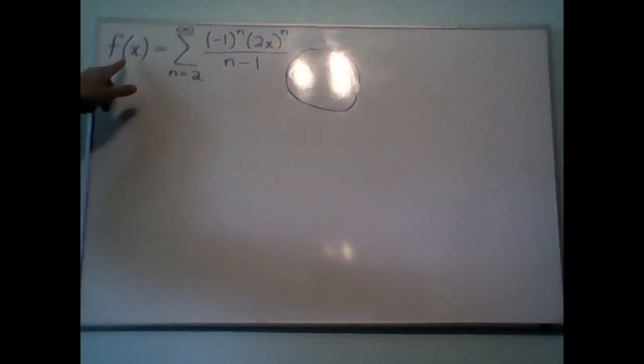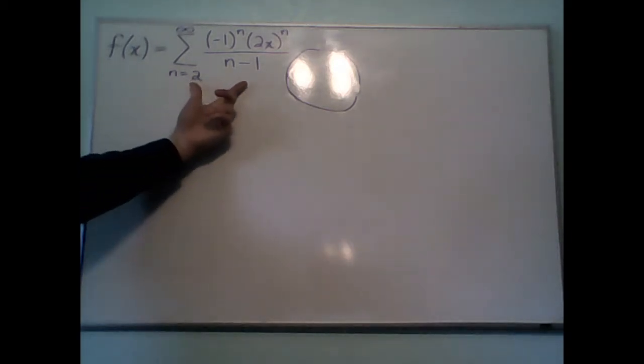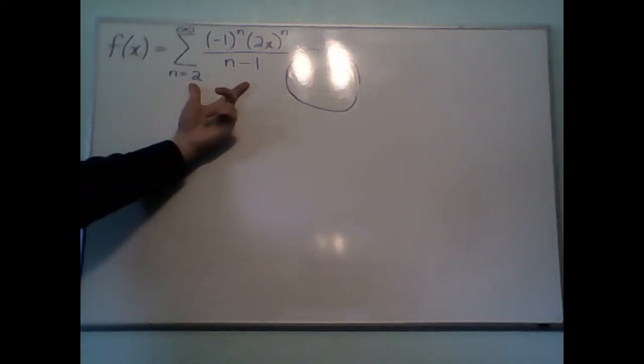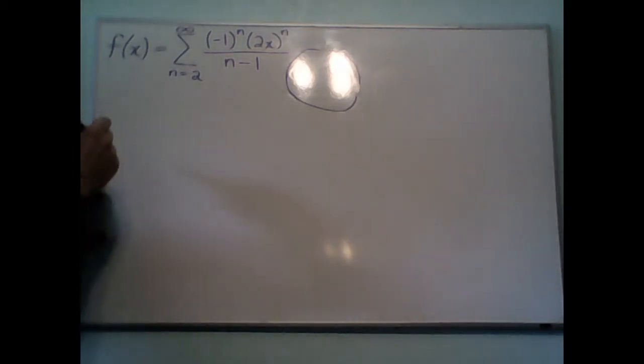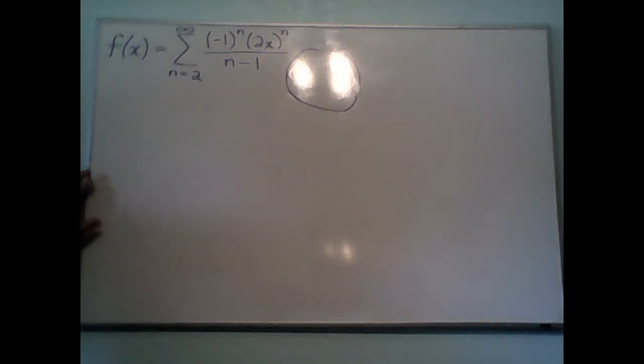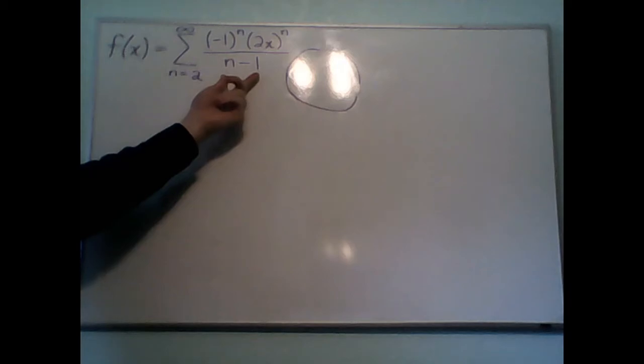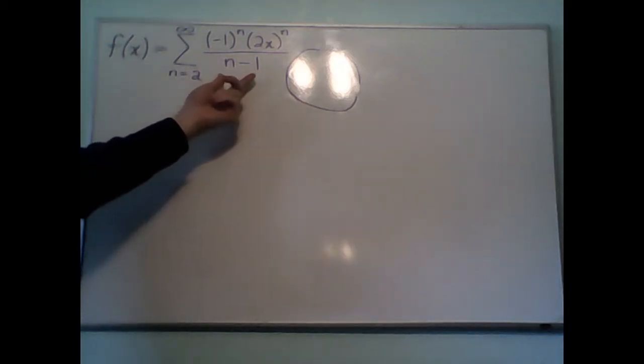The power series gives a function. It's defined by the sum from n equals 2 to infinity of -1 to the n, 2x to the n, divided by n minus 1. And we're asked in part A to find the interval of convergence. In order to do that, we're going to use the ratio test. That's the typical way to do this if the series you're working with isn't already a geometric series, which this